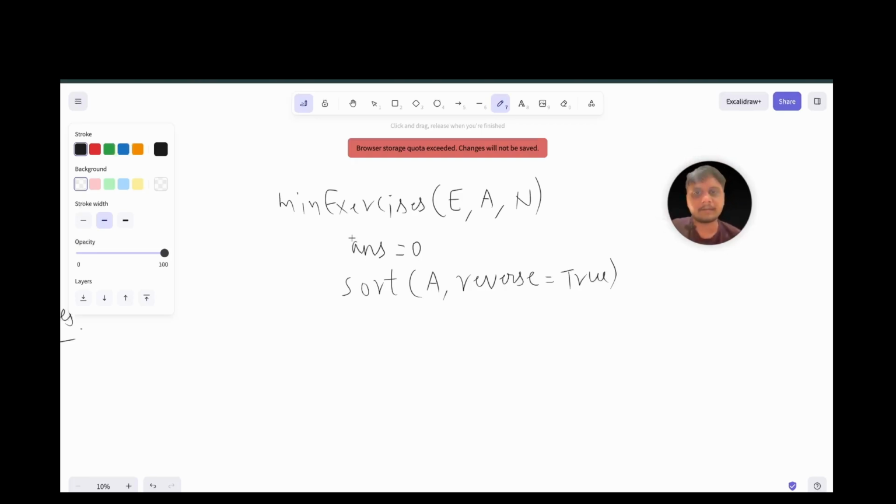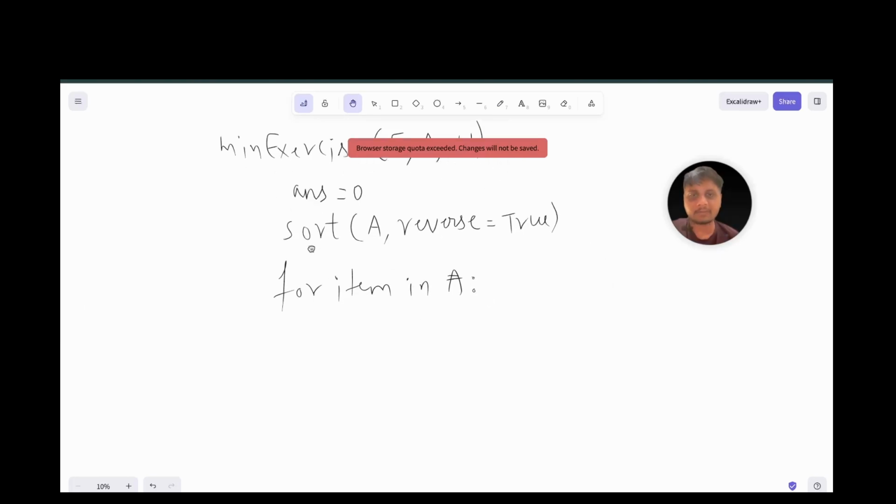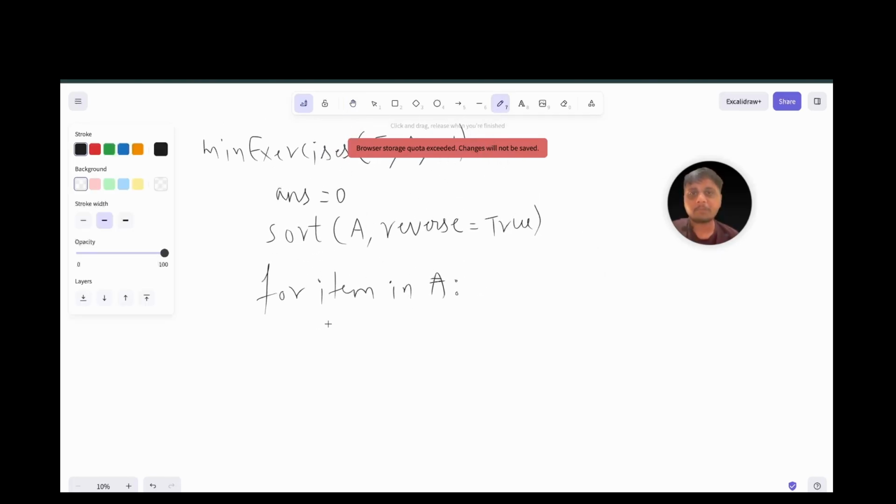Okay. And now let's move to the next step, that is iterate for I in A. So pick up each item in A, that is each exercise in A, perform it 2 times. I can perform for I, perform it 2 times, and